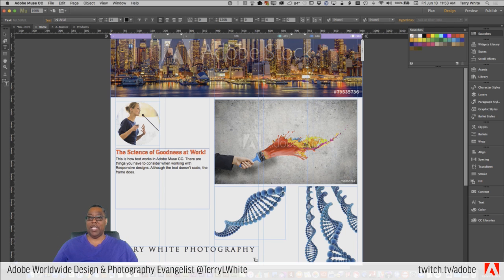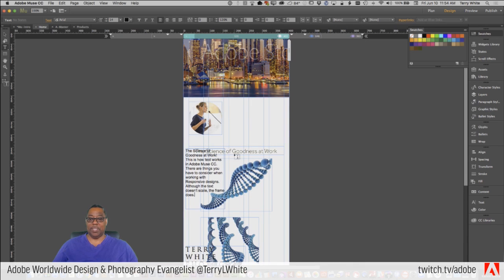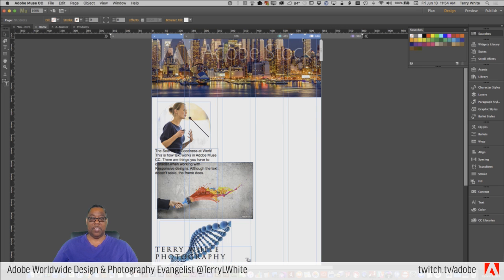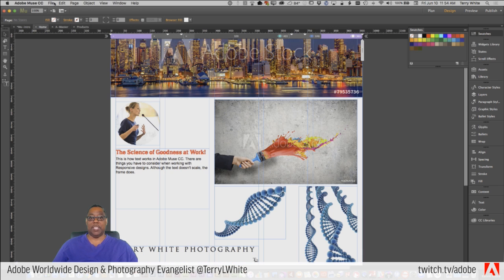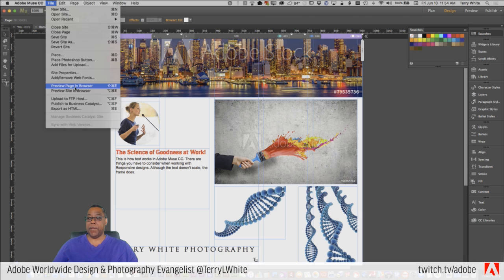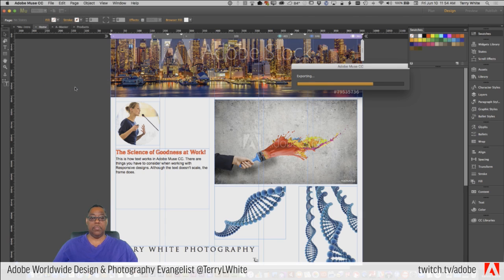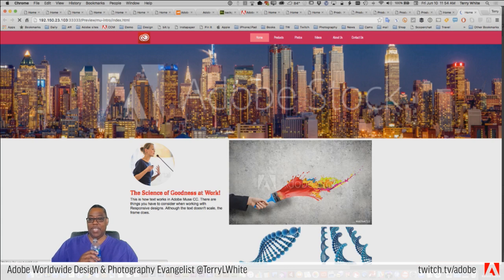And now, by the way, before we render this out again, let's go delete that other thing. We'll worry about the mess we just created in a minute, but let's delete this. This is giving me issues. Okay, good. All right, so now let's preview this page in browser again. It should happen a little quicker now that we deleted that offending object. All right, and there it is. The science of goodness at work. That's not a graphic. It is actual text. It's searchable text that anyone on the web will be able to view.